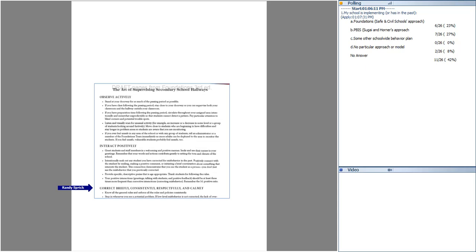And by creating this document, you as a Foundations team would have this document, which of course you can easily modify to fit your school, but it makes it easier for your Foundations team to develop a mini in-service for your staff, to train your staff about how we, the staff, set the tone in the hallways, how we create consistency in the hallways, but how we also make sure that we are all observing actively and supporting each other. And so for those of you that have used Foundations before, it's just much richer in these exemplars of possible policies